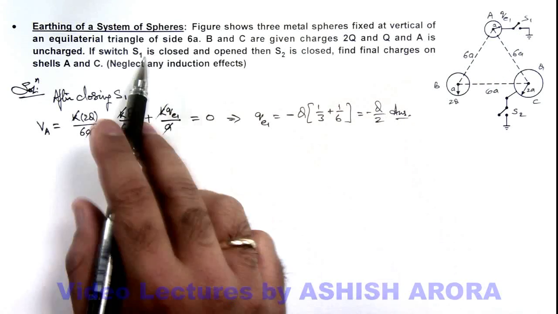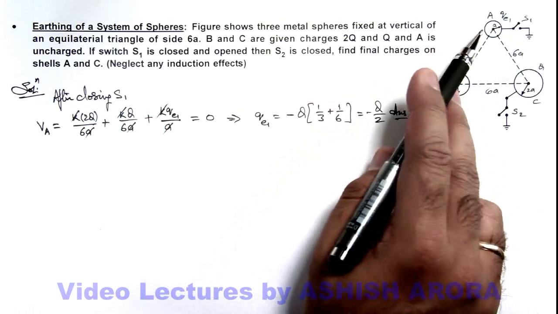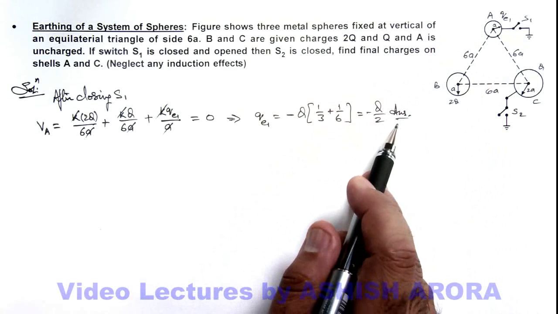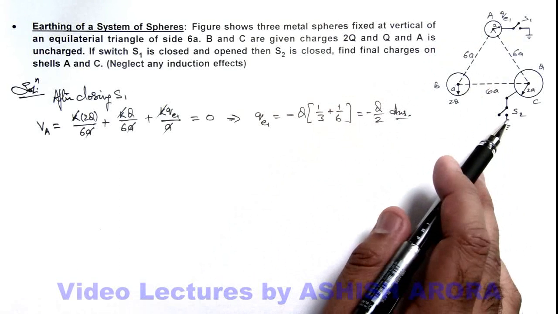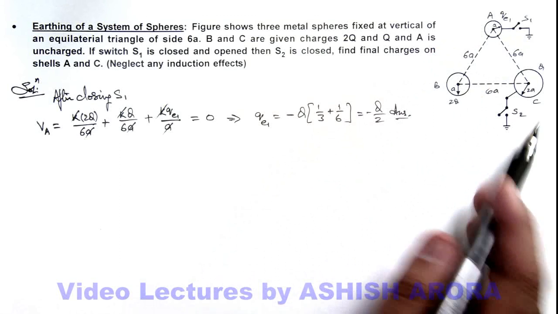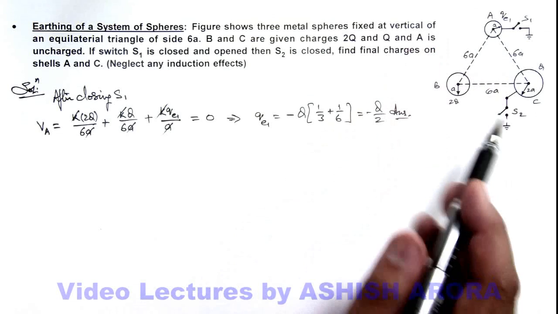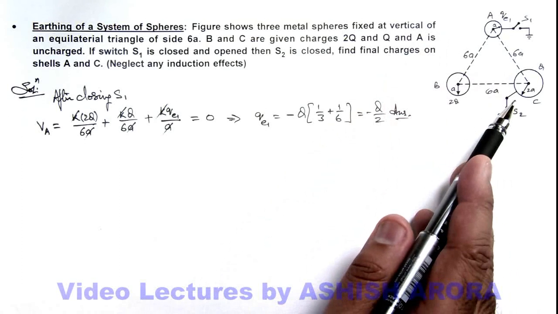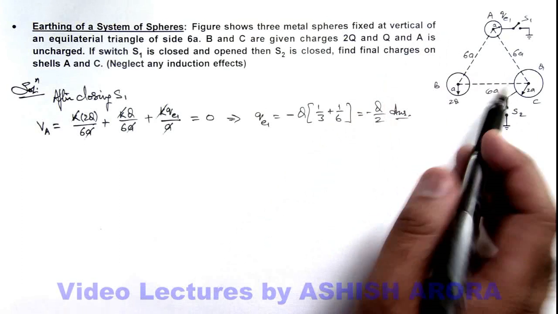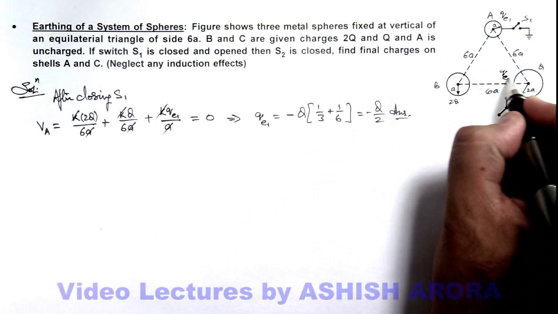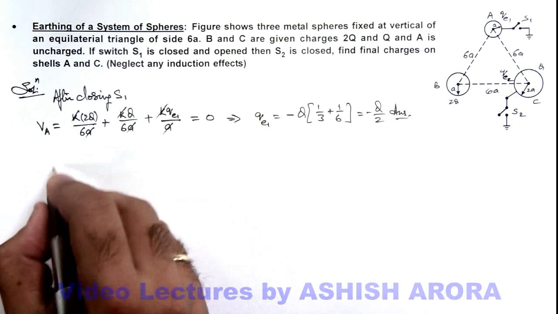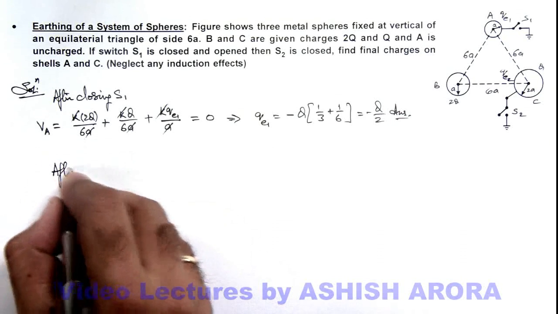It is saying now S1 is opened, so its charge will remain constant, and now S2 is closed. So in this situation, as shell C is connected to earth, its final potential due to all the charges must be equal to 0, for which say we assume earth has supplied a charge QE2 onto it. So we can write, after closing